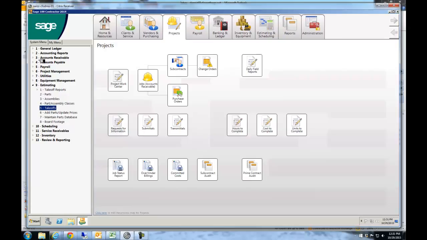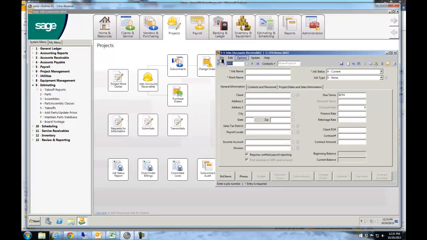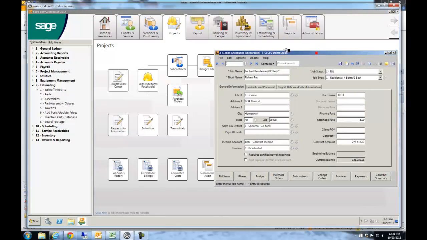The other thing that's going to be a big difference for you from QuickBooks. Open up this job record here. This is one of the things our clients really like. Let me just pull up a job that has some activity. So when I look at the job record,